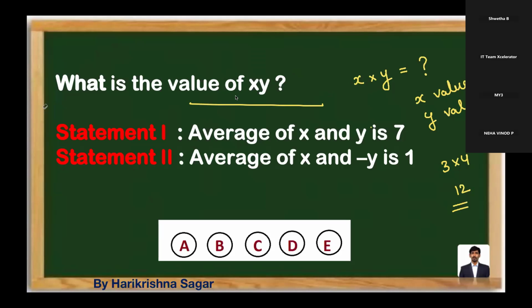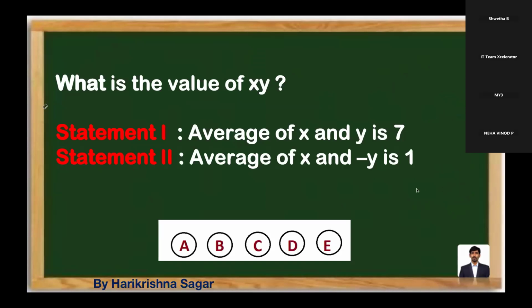Not only this. For example, the question is, what is the area of a circle? What is required to tell the area? I'm expecting your response in the chat box. As soon as we read the question, we should understand what is required. Yes, all of you are giving the answer as radius. Very good. Once you know what is required, you look at the statements and decide which statement is giving the radius.